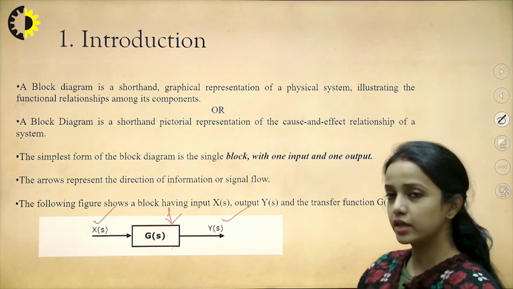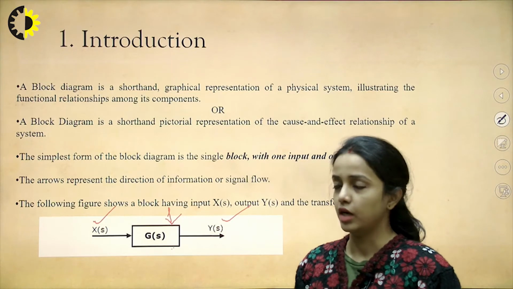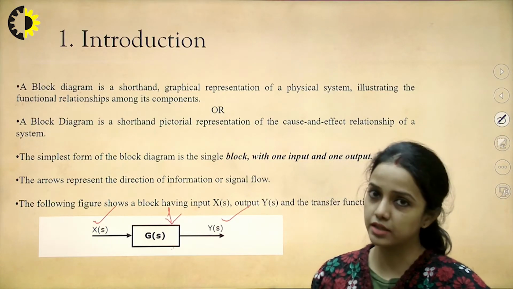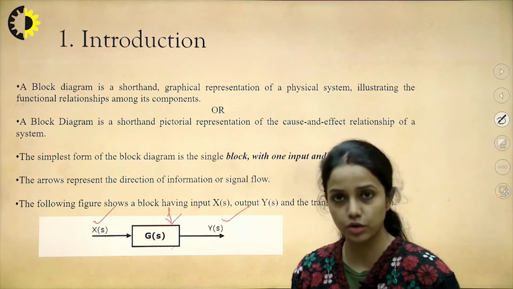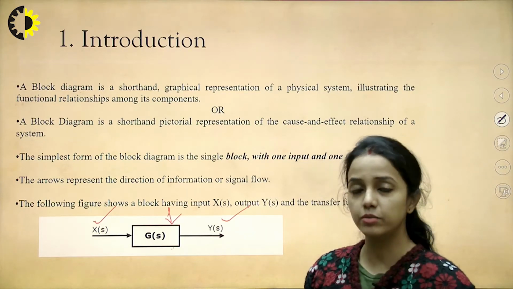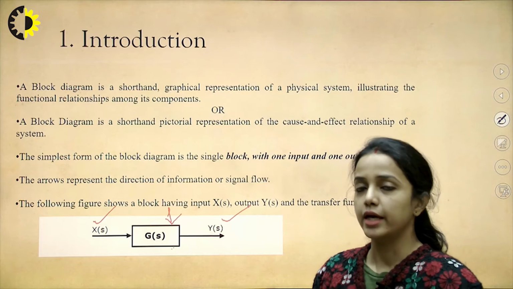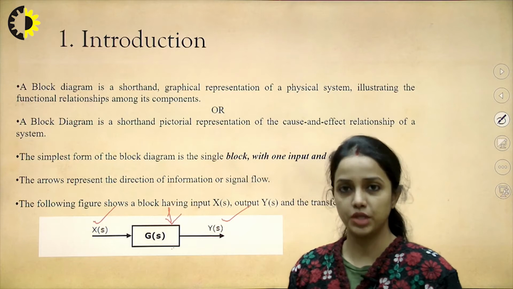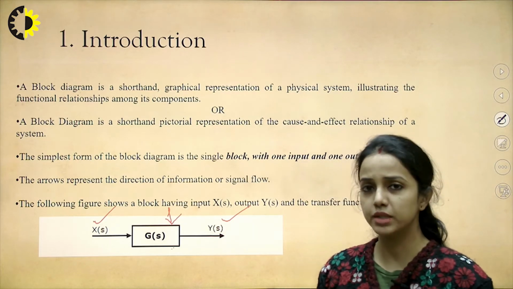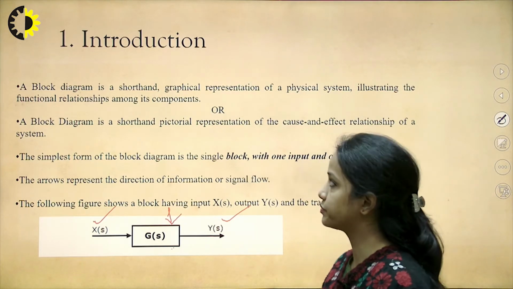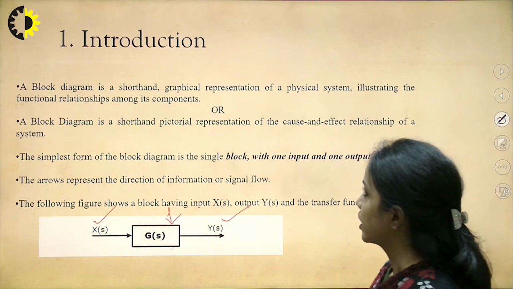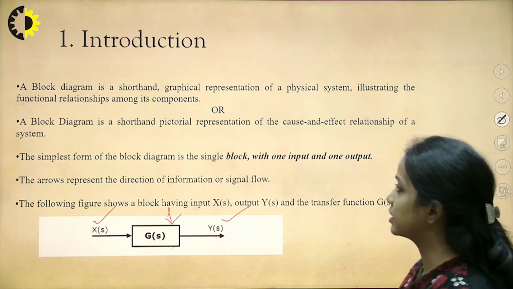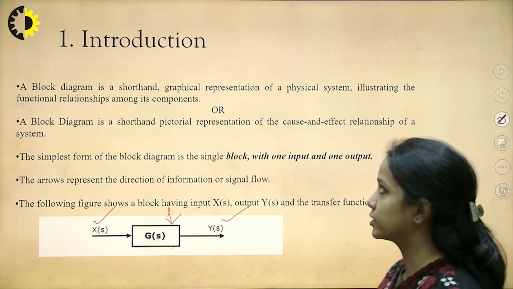So, the block diagram would consist of different blocks, plus there will be actuating signals, there will be response to the signals, and plus there will be output to the signal. In addition to these blocks and the input signals, we will be also having some summation points, some takeoff points. So, we will be discussing each and everything in details. Block diagram is a graphical representation of a physical system which is illustrating the relationship among the components.